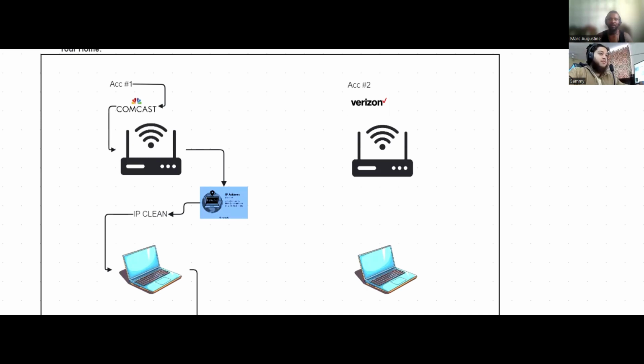And then we're going to go ahead and do that again. Exactly. And that's how you run your first account. So now the way we run our second account is going to be very similar. We're going to go ahead and